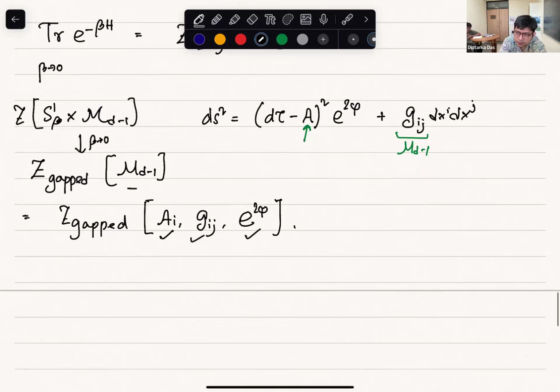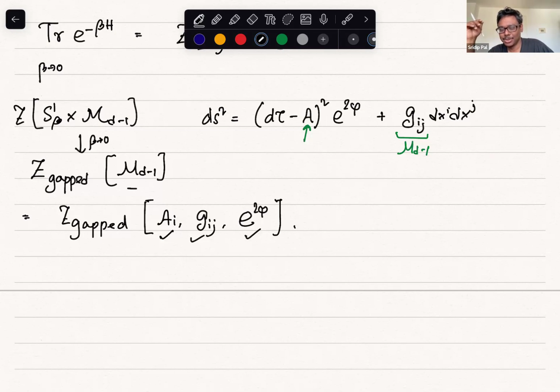So that also means you also need the space direction to be compact, right? Otherwise, this assumption may not be true. Well, yes, I need the space direction to be compact. That's true. But you can also think of some limiting procedure where the space direction becomes very large. Are there non-trivial boundaries of M^(D-1)? At this point, I am not writing down any boundaries. M^(D-1) is compact without any boundary.